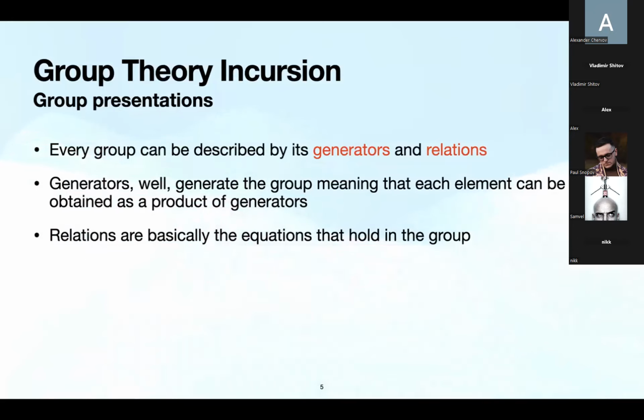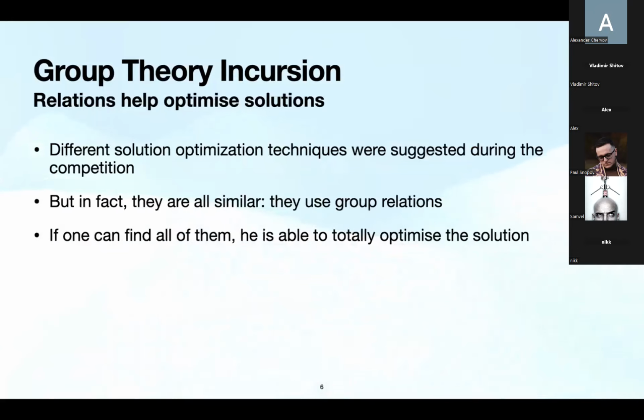As it turns out, if we know the structure of the group, if we know the generators and the relations, we can basically optimize any given solution. In fact, a lot of the optimization techniques that were presented via notebooks all use this idea. There are a lot of relations in any large group, and it's not that easy to find all of them.